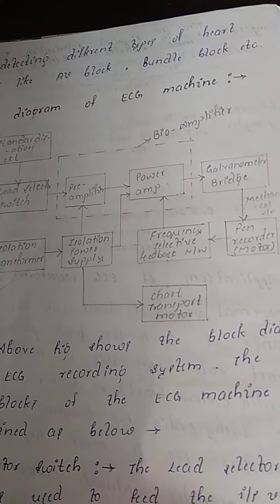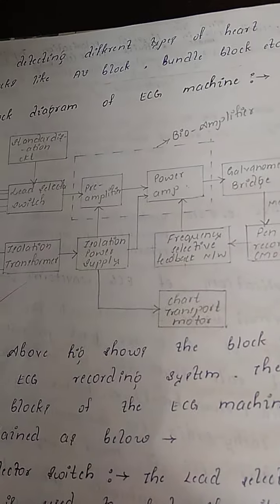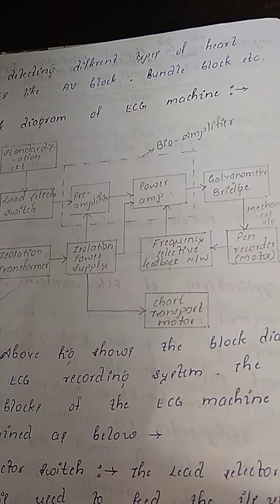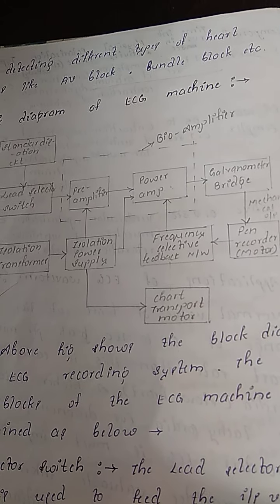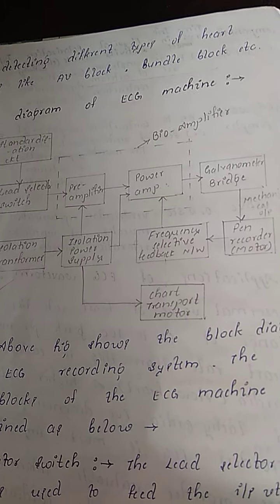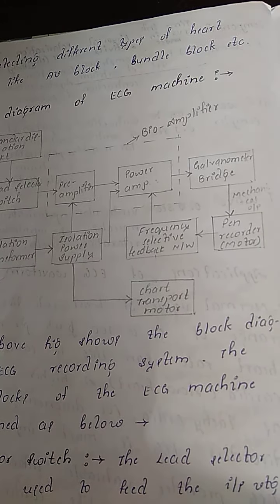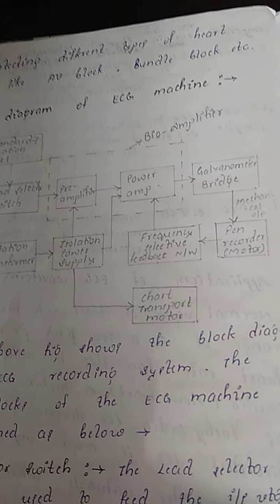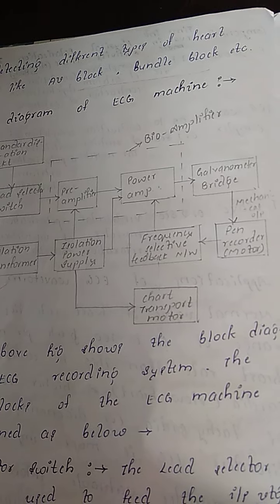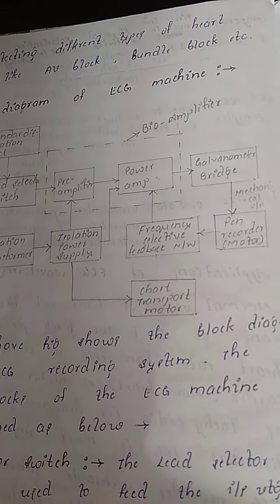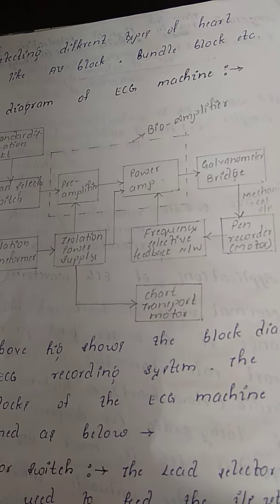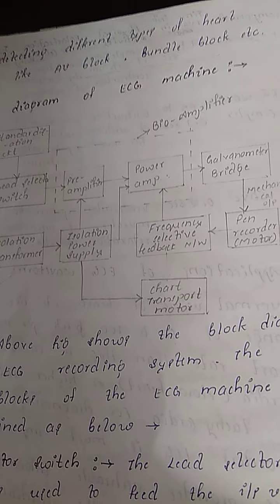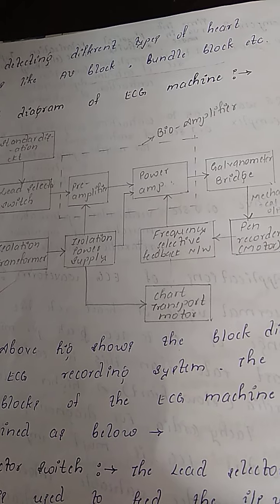3 to 4 stage differential amplifiers are used to amplify the voltage level. Now after that, power amplification is done, because in order to drive the output unit, the power level of the ECG signal must be raised. Power level means current level. So the output of the preamplifier is power amplified by the power amplifier. These two, preamplifier and power amplifier in combination, are called the bioamplifier.